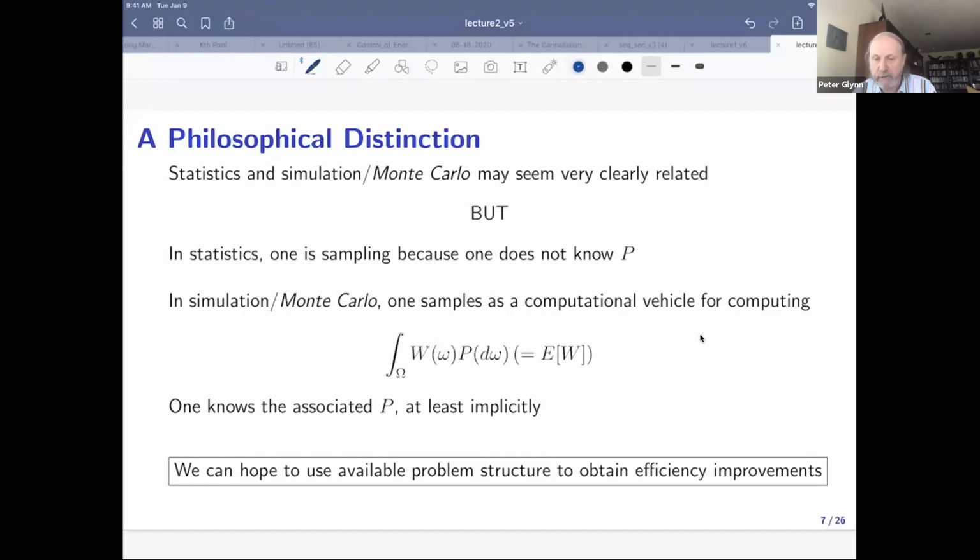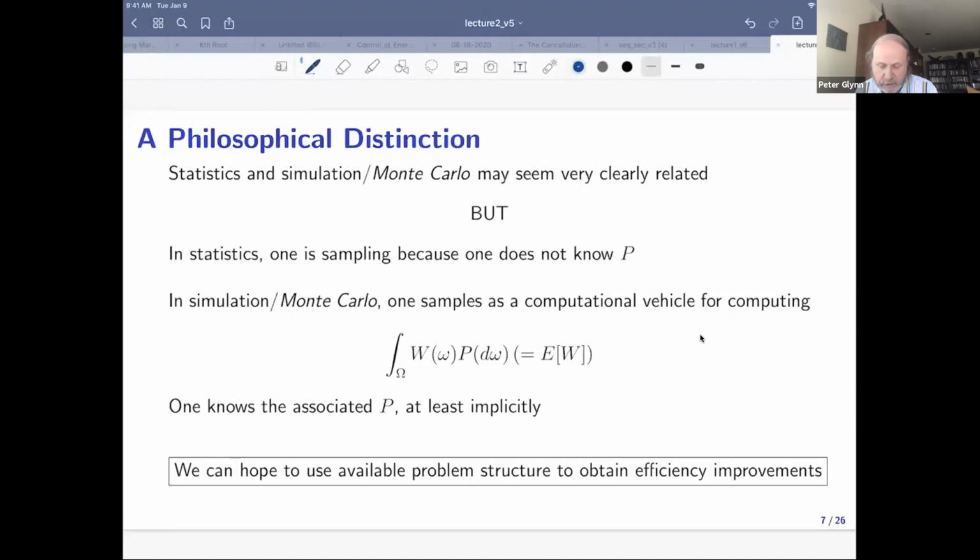So we may not be able to write down easily the probability distribution of the particular quantity that we're trying to compute, but we know it implicitly because we have an algorithm that generates random variates from that particular distribution. So in the world of statistics, one sample because you don't know P. In the world of Monte Carlo, all that you're really doing, as we discussed in the last lecture, is taking samples basically as a computational vehicle for computing a high-dimensional integral, basically a computational vehicle for computing an expected